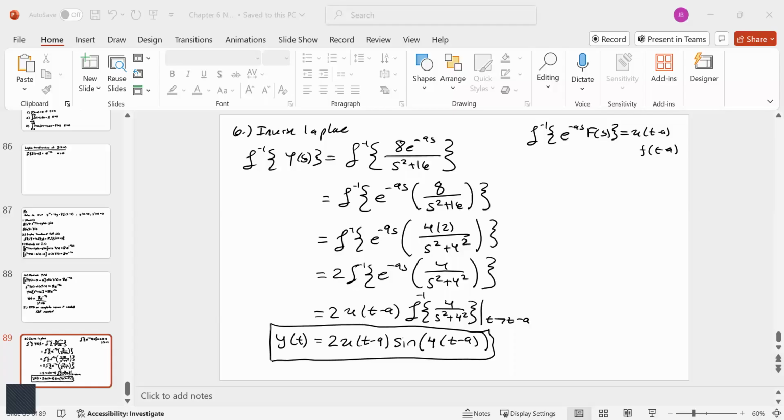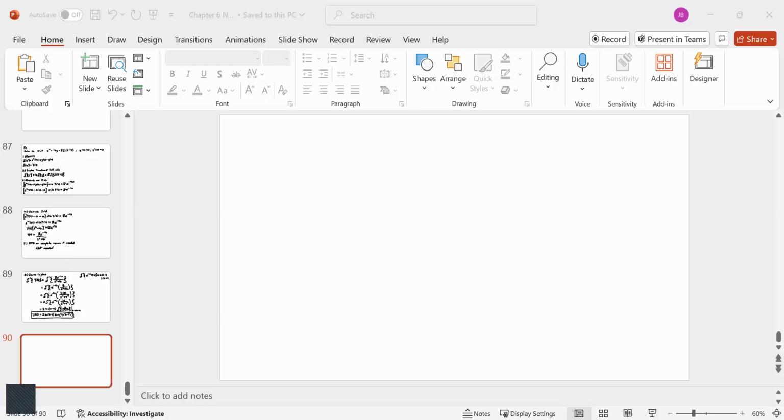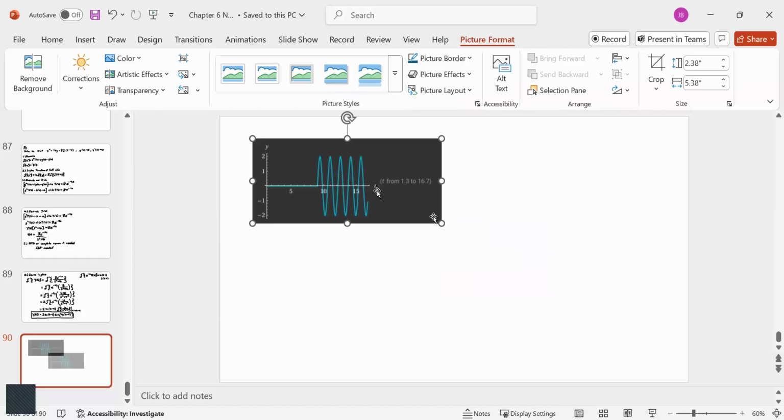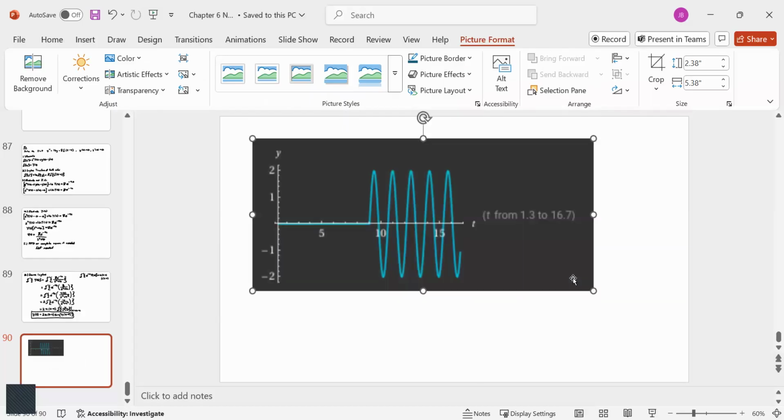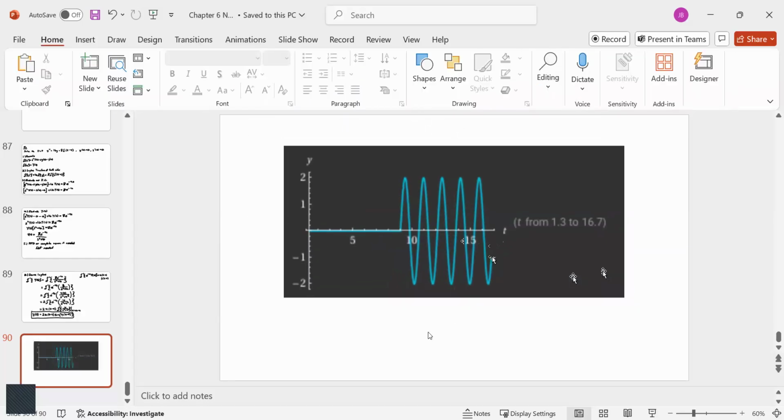Now, if you're wondering what do these graphs even look like, if you were to graph something like this, I'll show you on the next slide. So from Wolfram, that's what it would look like. For the first 9 seconds, it's just a homogeneous differential equation equal to 0. And then right when it hits